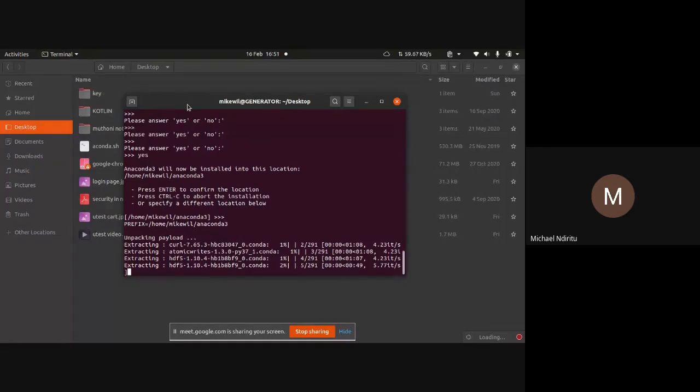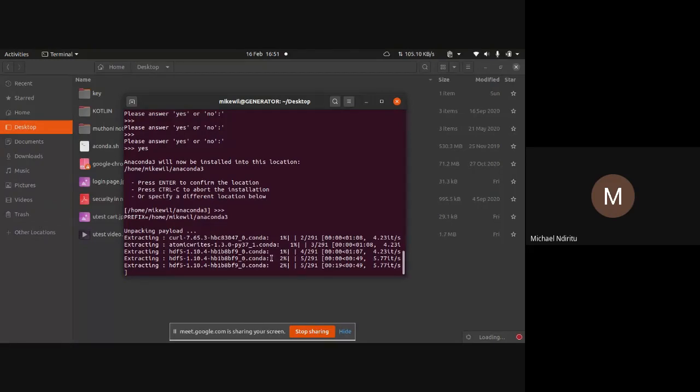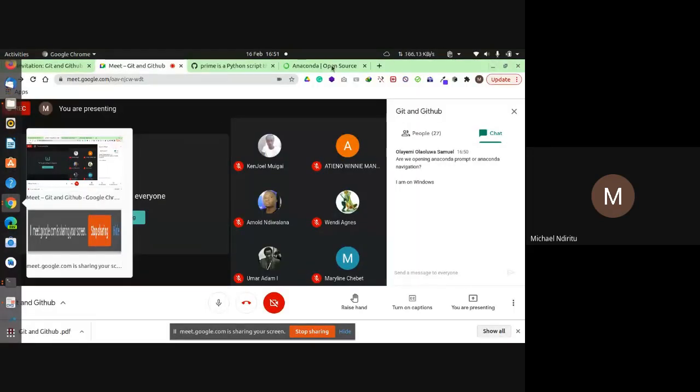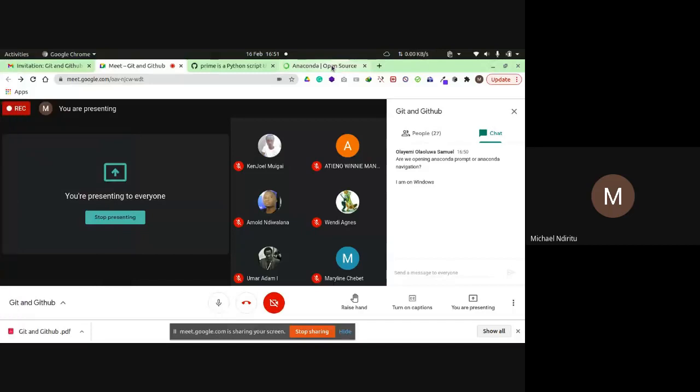Is everybody on the same page? Are we here installing? As you can see, it's making my machine hang, slow down a bit. Samuel, you can open it.